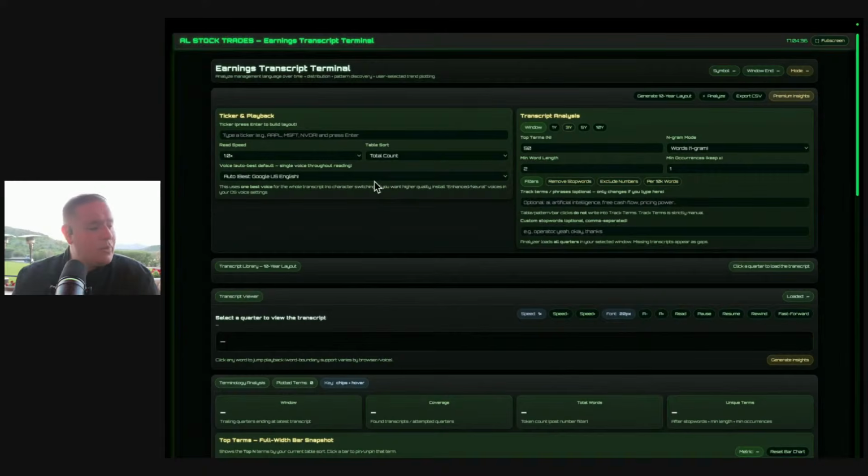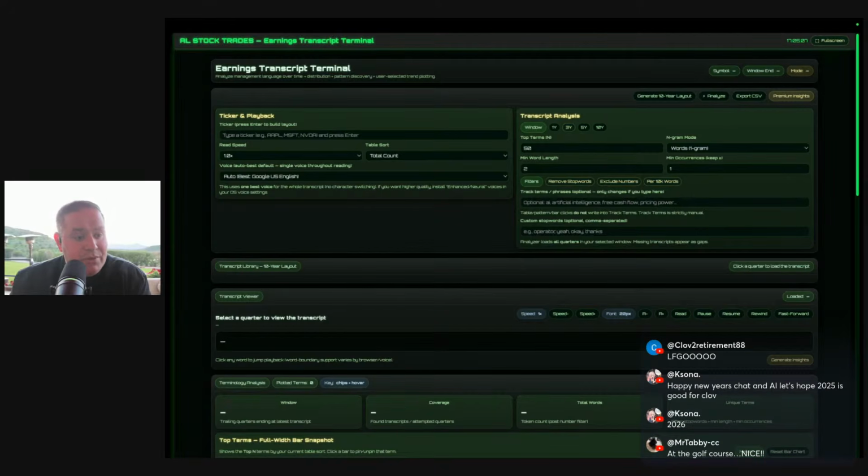Today we're going to be talking about this earnings transcript terminal. It's actually called quantitative text analysis, computational linguistic analysis. What we're going to be doing is going through about 50 to 100,000 tokenized words from the Clover Health earnings transcript, and we're going to see if we can find some patterns for Clover. The beautiful part is you could put this on Tesla, or a whole slew of companies.